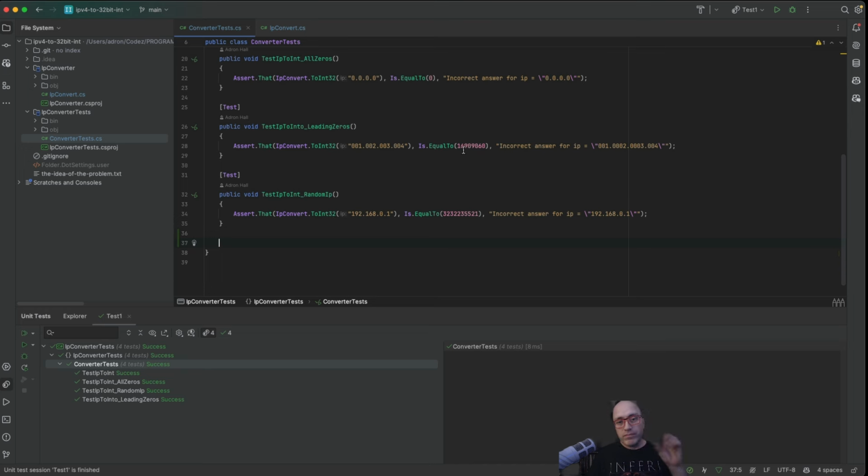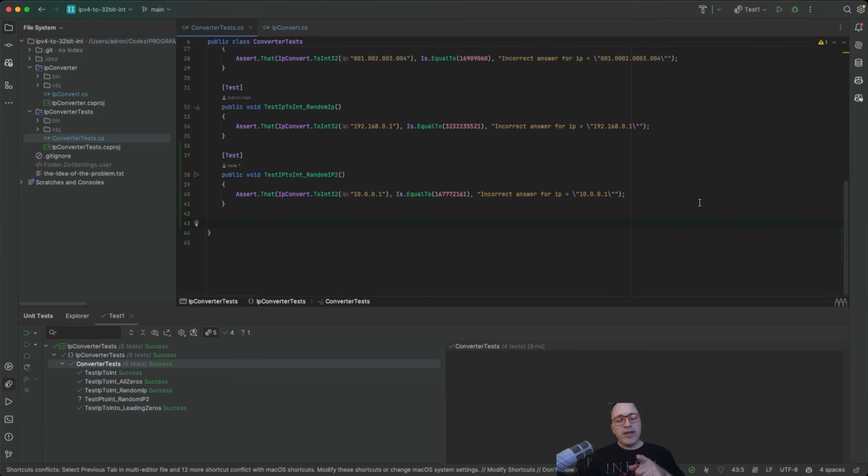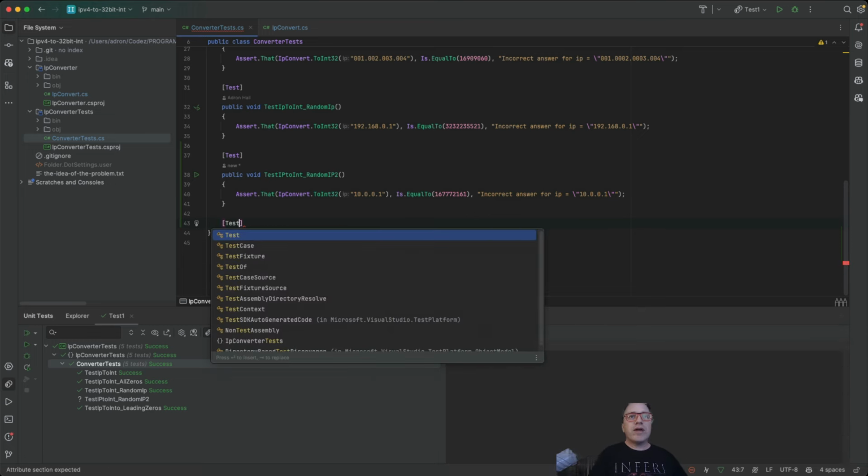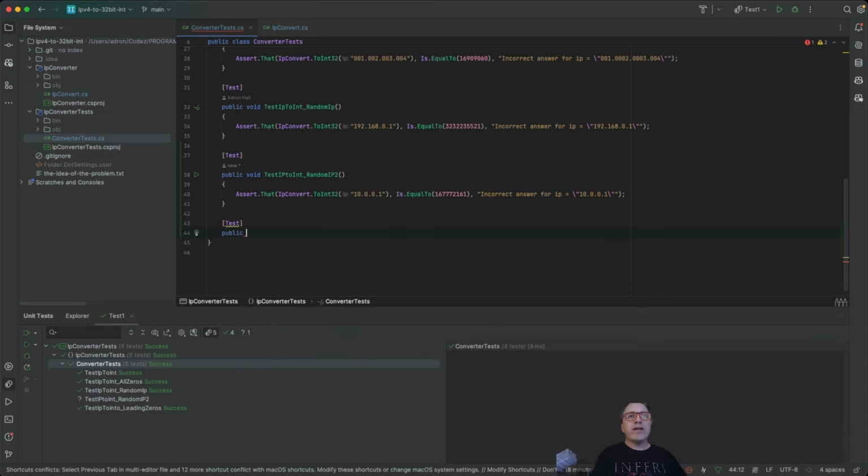So, video magic, and all right, I added just one more, but here is what I want to do with AI. So I'm going to go down and I'm going to turn on my Copilot, and we're going to use Copilot again. Open, get a, enable completions. All right, so what I want to do is actually write a test